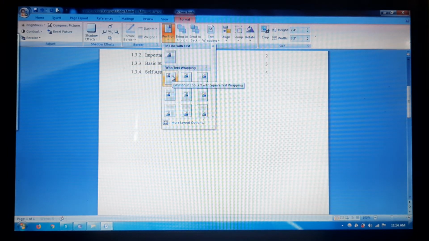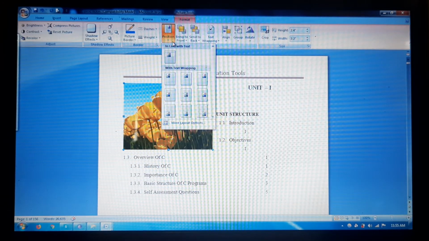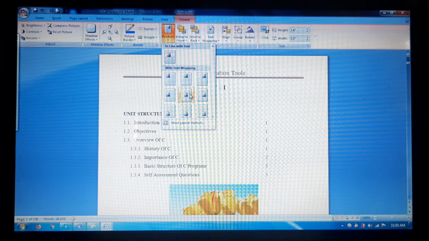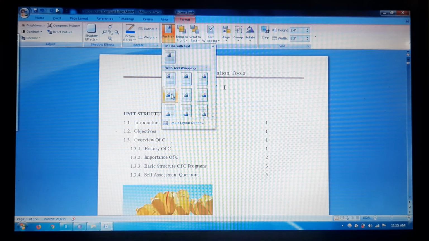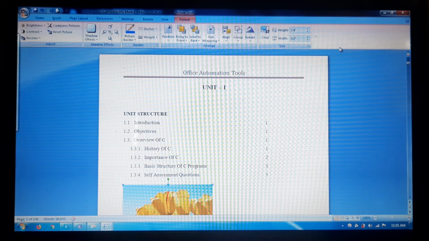Now I can position this image at the top left, center, top right, or the middle of the document. Like this I can position my picture. Right, so I will go back to the previous document.